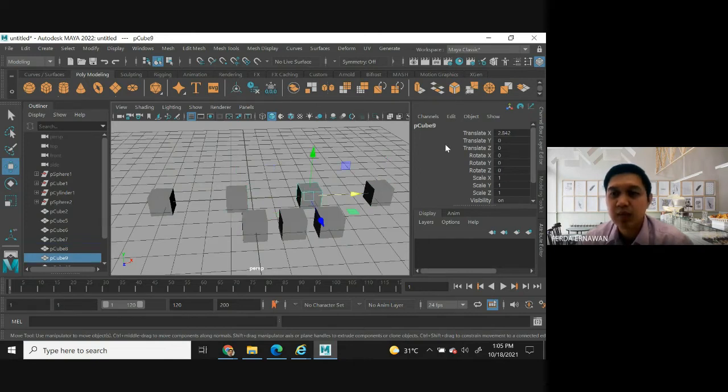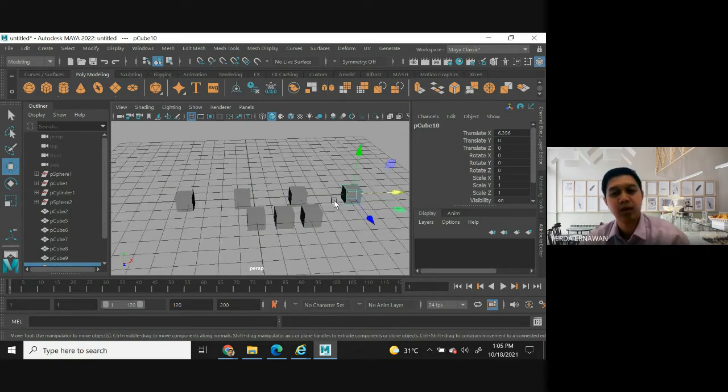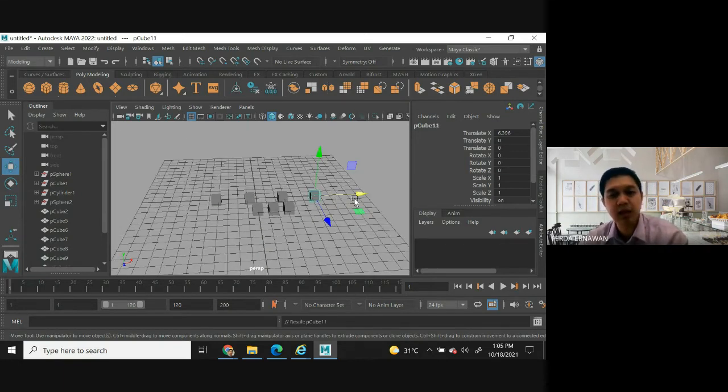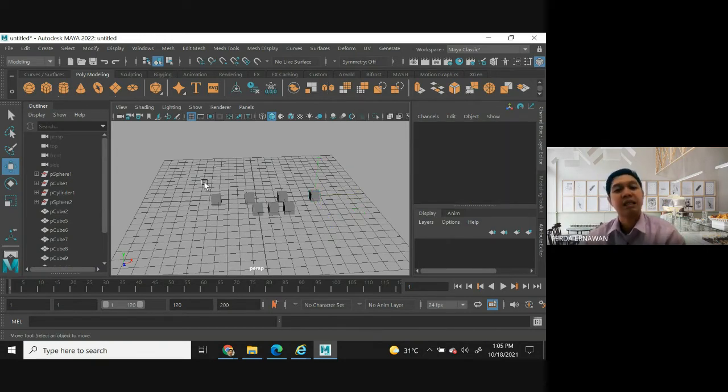Here it will be 284, double, triple, and so on. If you look here, Shift D again, then you can see. Clear? Control D, copy the object, duplicate it. Shift D, copy the transform feature of the object.